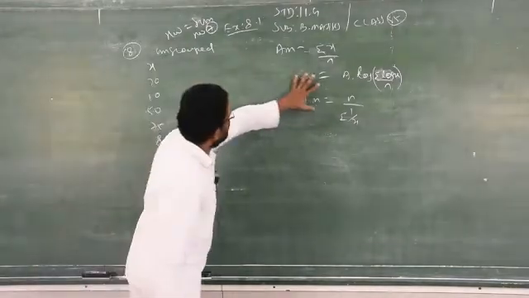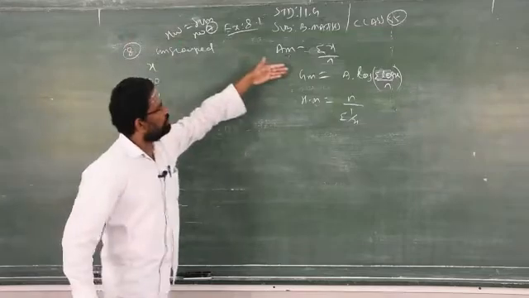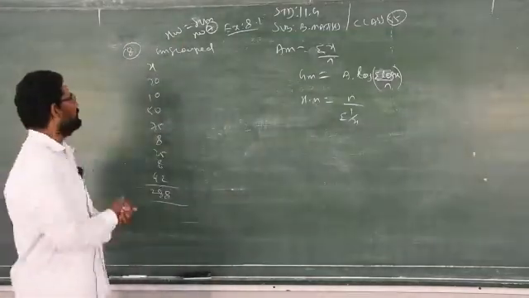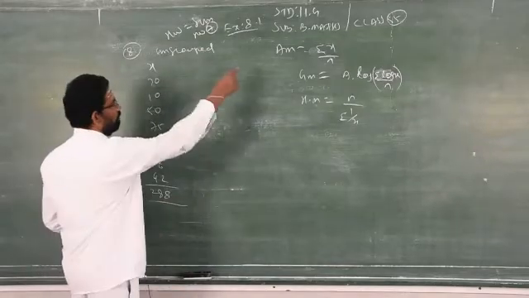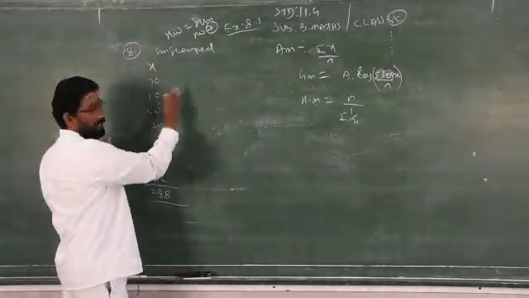Now based on this formula I have to solve, because it is ungrouped. For ungrouped data we have these three formulas. Use those three formulas and find out the answer. Now grouped data, first I have to find AM. So before that, please complete the tabular column.